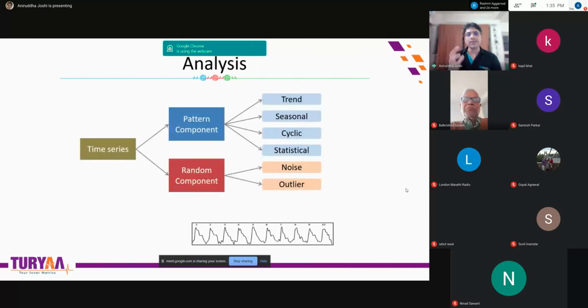So we have started working on this. I've been at it for the last 13 years now, and I have a team of research people. We are continuously finding various patterns, cyclic components, seasonal components, and so on. And we are trying to correlate them with Ayurvedic parameters and then make them simple, putting them in front of people.